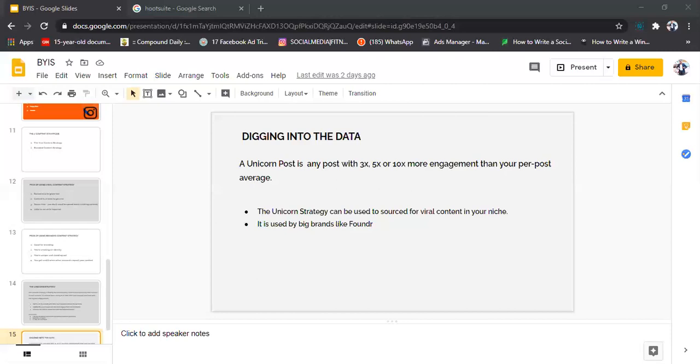What did I do? I used the Unicorn strategy. I manage this account. This is how you do it. It works. This is proof. Then this account, I took recently.